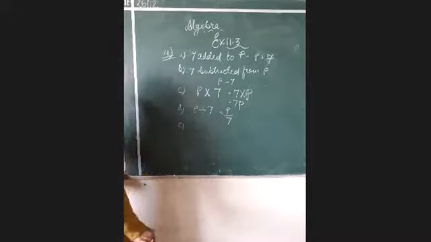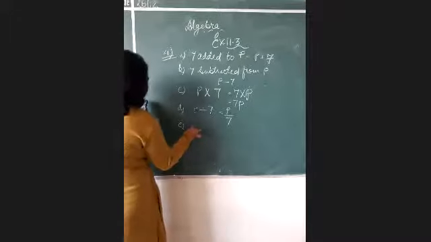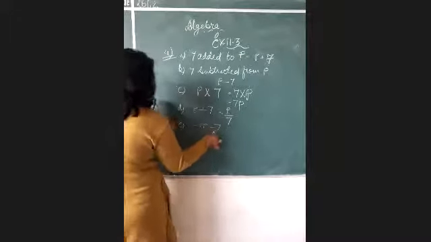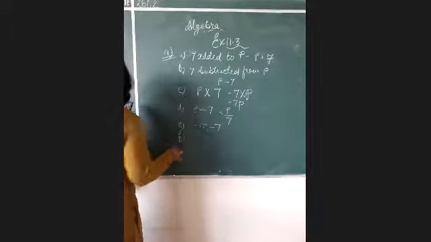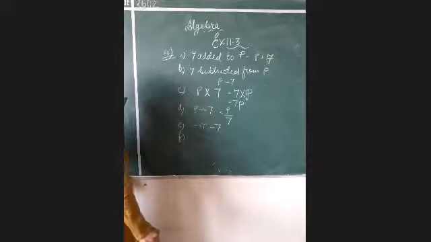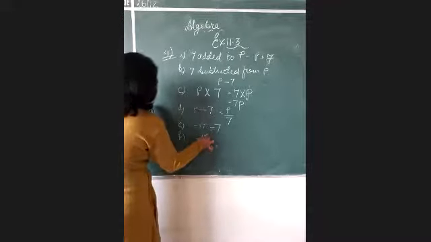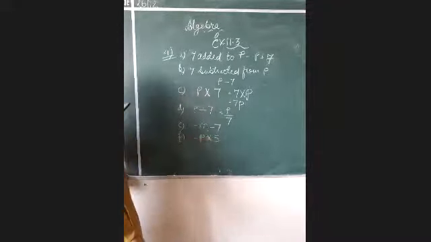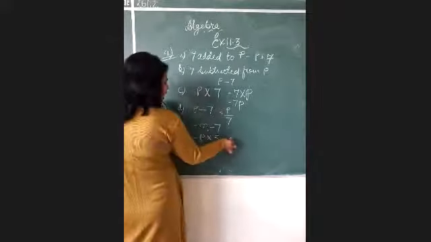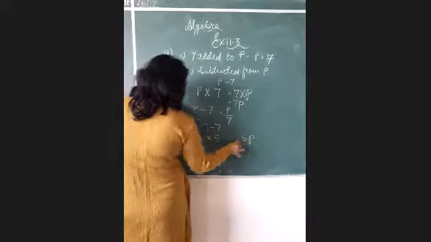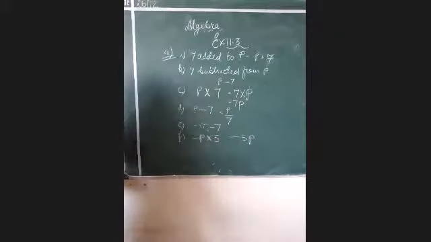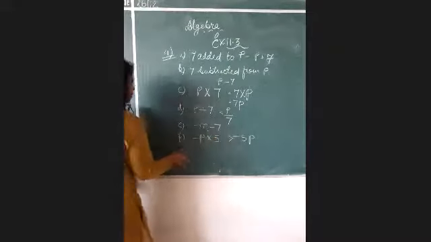Question number E. 7 is subtracted from minus M. Minus M and 7 is subtracted. Okay. Now question number F. Let us finish only this question. Then minus P multiplied by 5. Again the same procedure you are already knowing. I have taught you the number. The first number will be coming, then P will be coming and the sign will be at the front. So this would be minus 5p can be another one in the form of answer.